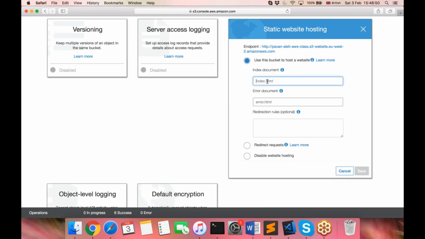Now I've just named it index.html and error.html, but these names can be anything. It can be pavan.html, some x.html, anything. But whatever you give here, this HTML page should be present in that bucket, and that particular file should have public access. Only then can you access it. So once you save,